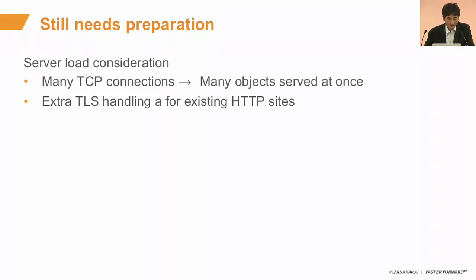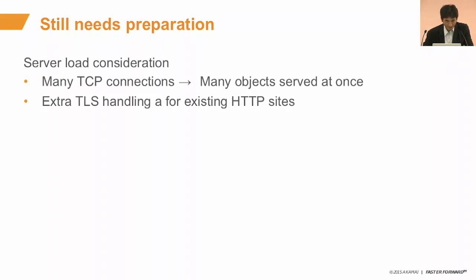That means on HTTP 1.1, you have many TCP connections, but on HTTP 2, you need to serve many objects at once. So there might be a load shift, and some types of application might have some effect. So you need to test HTTP2 on your site